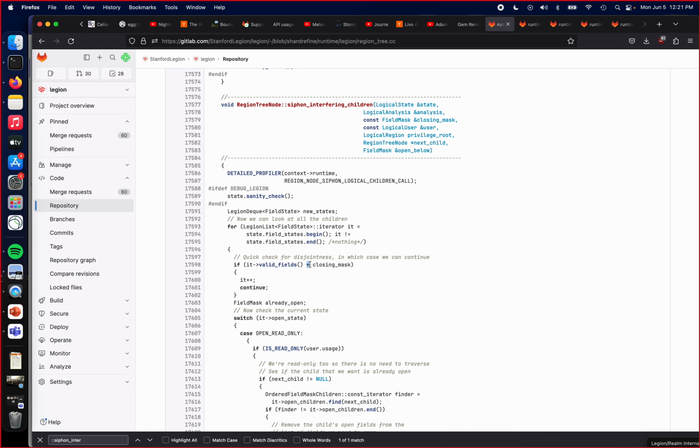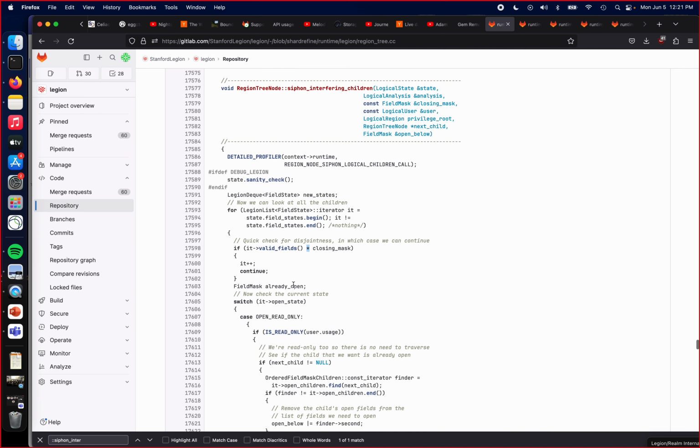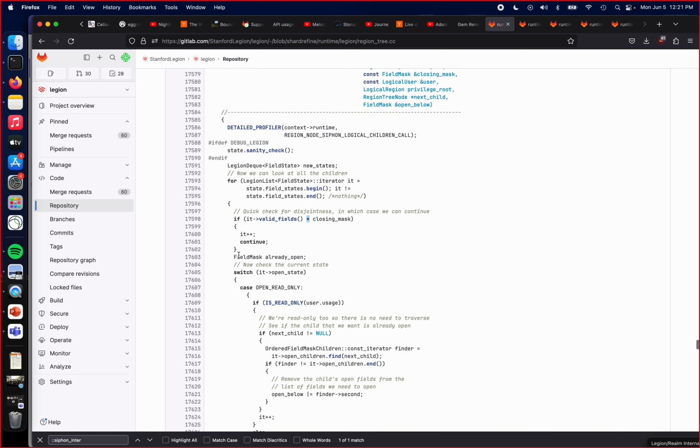We've overloaded this operator star here to check for disjointness. So that'll actually check whether 2 bit masks have overlapping sets of fields. And that allows us to say, if there are no overlapping fields between these 2 sets, then there aren't any fields that we care about in this field state for what we're trying to do. So we can just ignore it, go to the next one, and go back around the loop. Now if we get here, what that means is there's at least some overlapping fields,